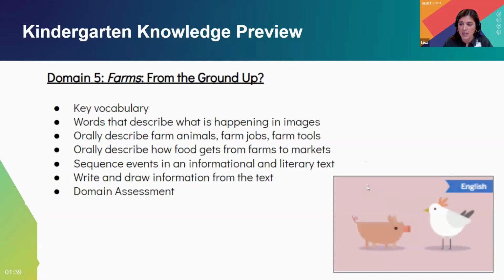Moving in to the knowledge unit 5, farms from the ground up. Students will learn about the importance of farms as a source of food and other products people use. In learning how farmers raise and care for farm animals, students may make connections to what they learned previously about what plants need to grow and thrive, and how plants are food sources for some farm animals. Additionally, students will become familiar with the classic story, The Little Red Hen, which introduces the seasonal rhythm of planting, growing, and harvesting.